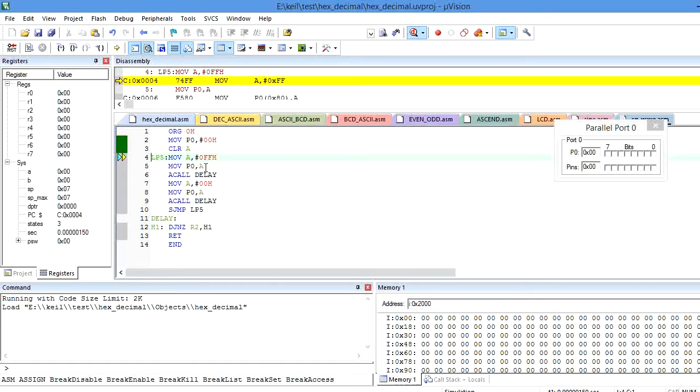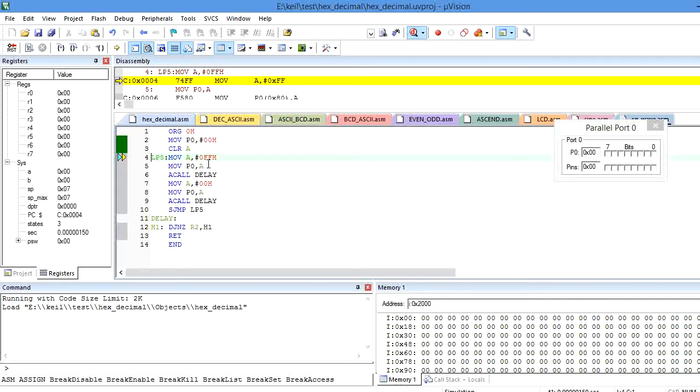Why am I using 0FFH? Because port 0 has 8 pins. So if I use all 8 pins of port 0, the maximum value is 0xFF. That is why I choose the 0xFF value in order to generate the positive pulse of the square waveform.